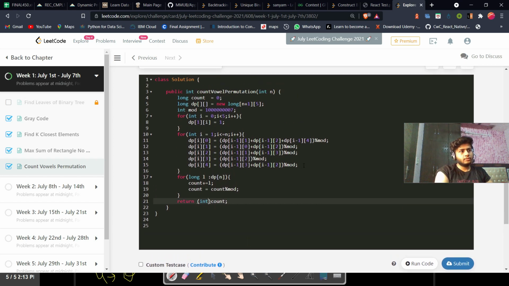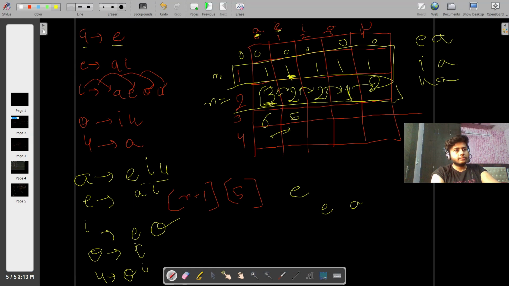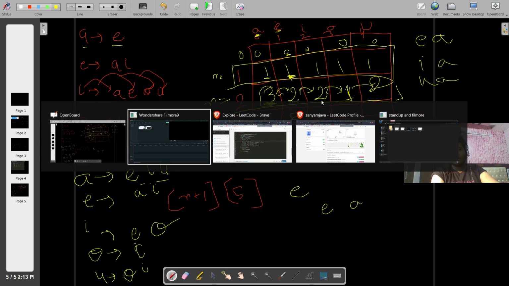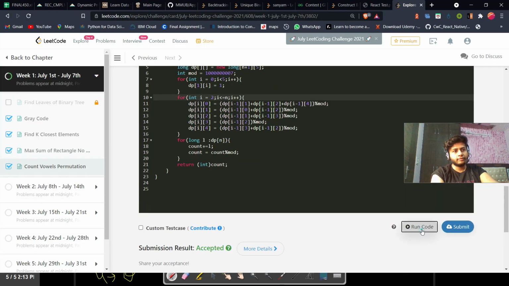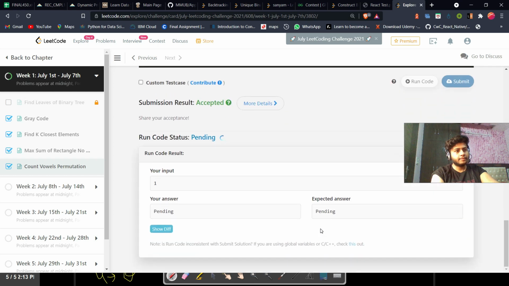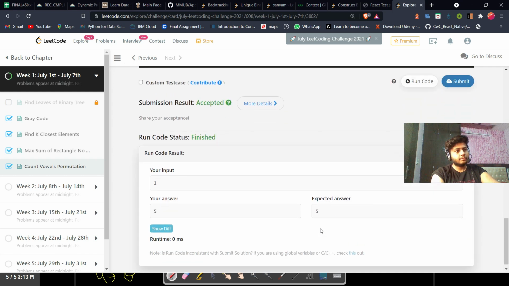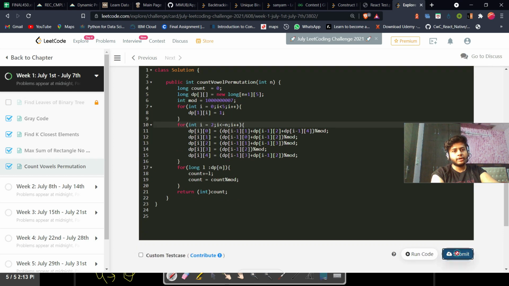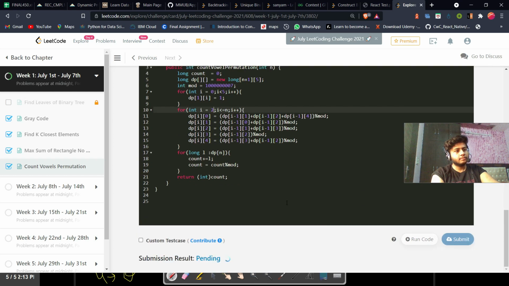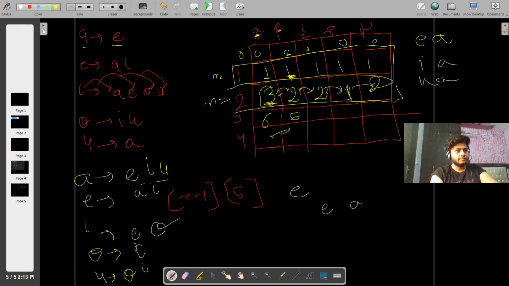It's showing us 0. Okay, we have done the mistake here, we have to start our loop from the 2, not from the first. If we start from the first, it will take a 0 and it will ruin all our answers, so we have to start from the 2. Okay, let's try. It's giving us 5. Let's try to submit it. It's accepted. Okay, let's take a dry run for this so that we get a better understanding.